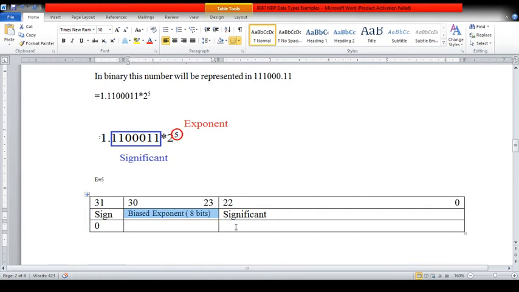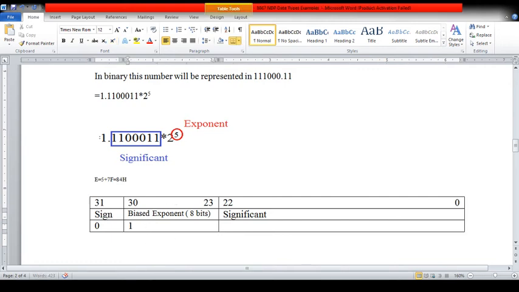So in order to reduce this complexity, we always use a biased exponent. A biased exponent allows only positive exponents. To whatever exponent we have calculated, we add some fixed value for each format. For example, in the case of 8 bits, we have the bias as 7f. This will be my exponent which will be stored in my format. 7f plus 5 will give me 84 as my value, and this binary value we will represent here.